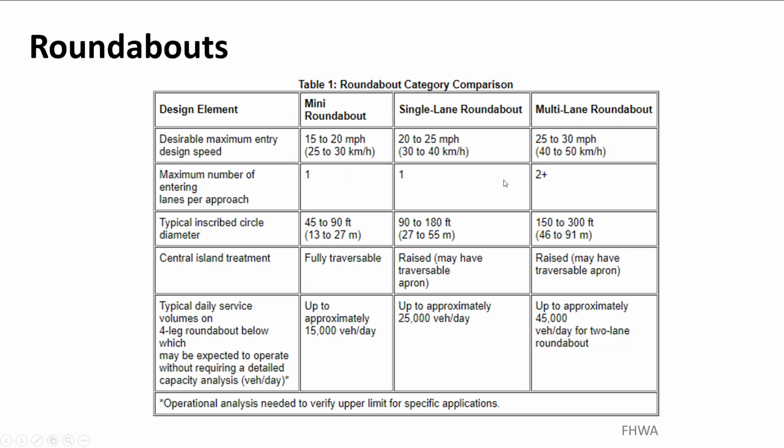And in a mini roundabout, you're probably not going to see very many of these. You're not going to be asked to design very many mini roundabouts. There's a little less effort put into designing a mini roundabout. Most of your work is probably going to be single lane and then some multi-lane roundabouts. I would guess 70 to 80% of the roundabouts being built are single lane with an occasional bypass lane